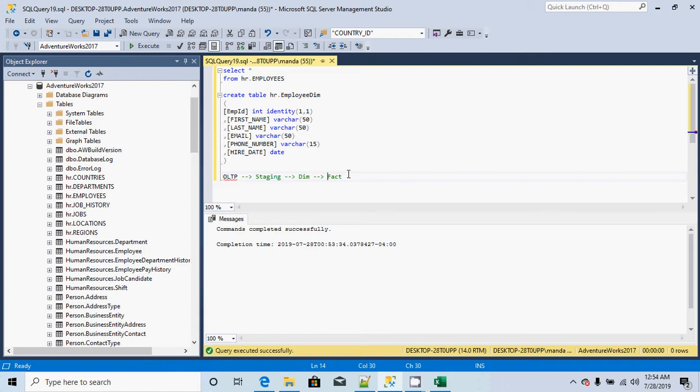In our case, we don't have the staging tables. We are excluding that part, the incremental load, because it would be too complex. So we are populating our dimension table directly from the OLTP system. And one thing we have to note is